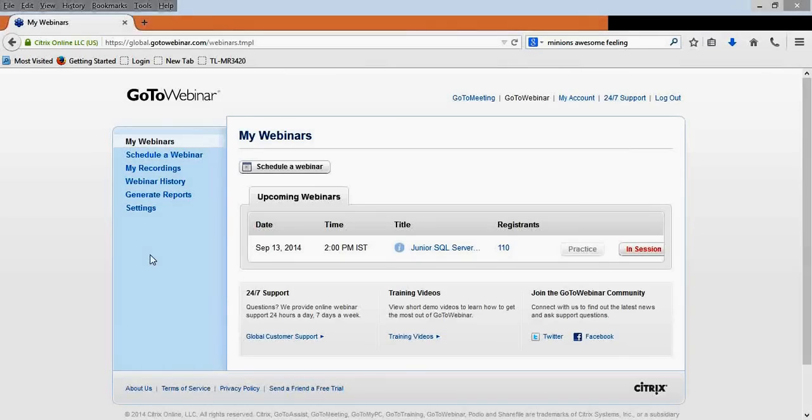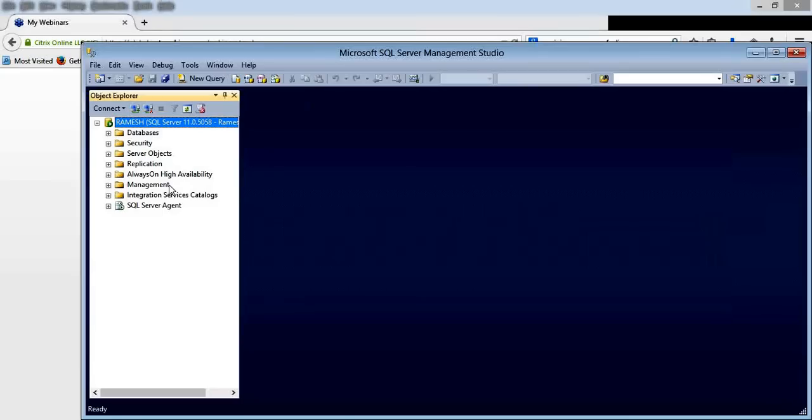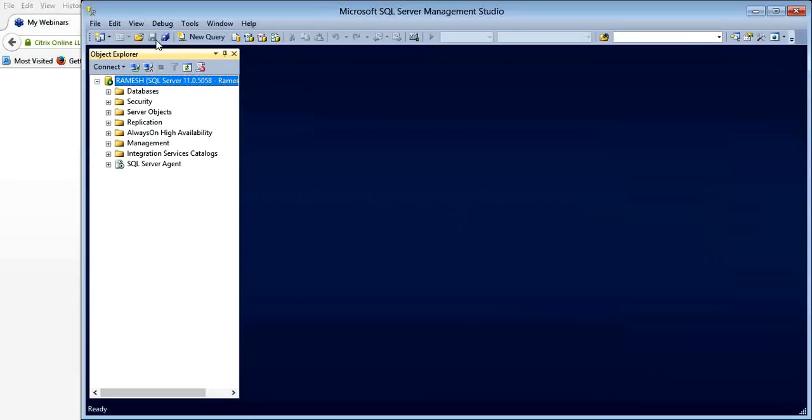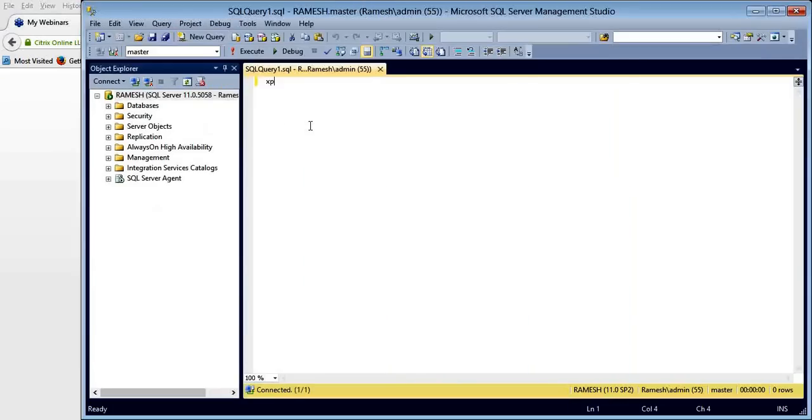For that, as a part of best practice, daily when you go to the office, mainly on your production servers or any critical servers, just type xp_readerrorlog and run it.